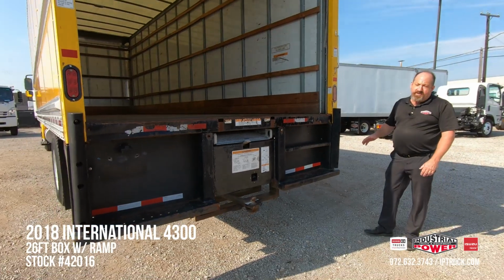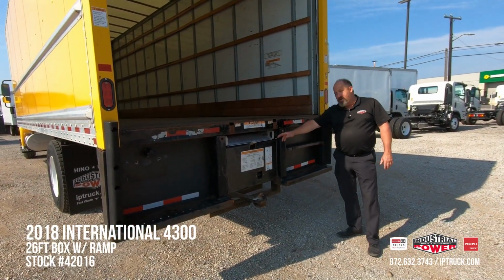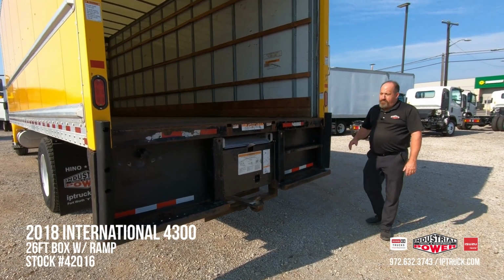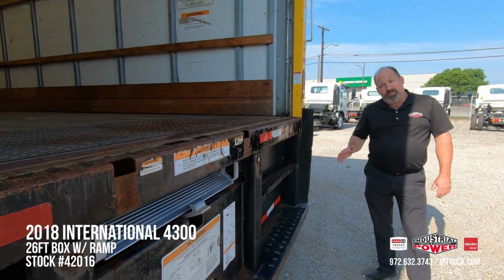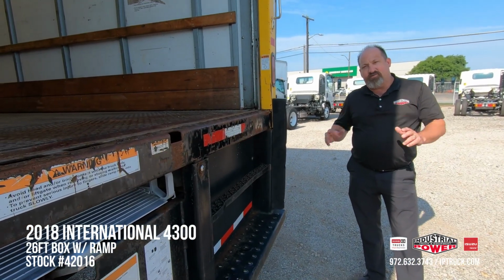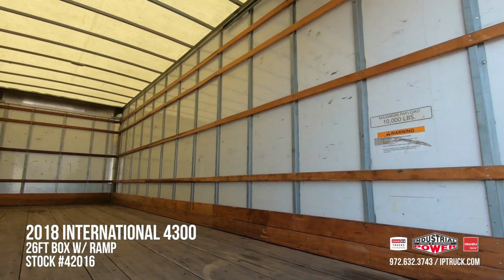This particular truck has got an ICC/step bumper with a 13-foot pull-out ramp. We can leave this truck in this configuration, or we can take it out, put a tuck-away lift gate of your liking, or even a rail lift if that's what you're needing. As we get up into the truck,